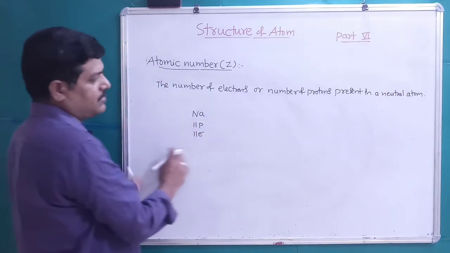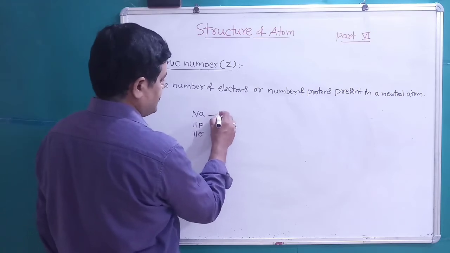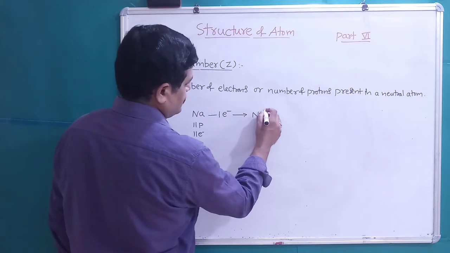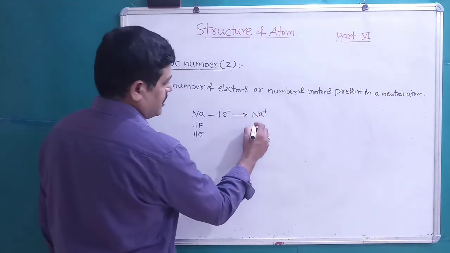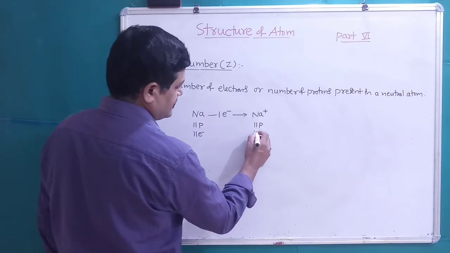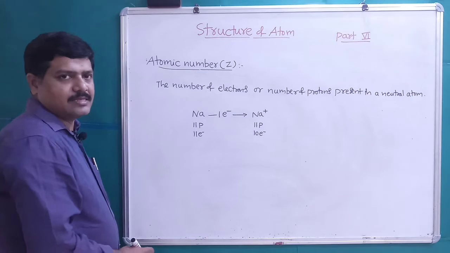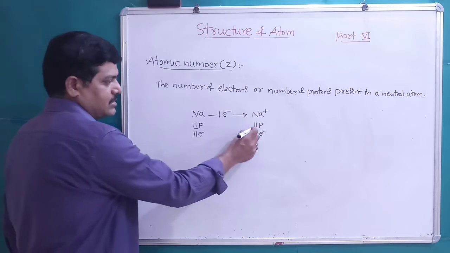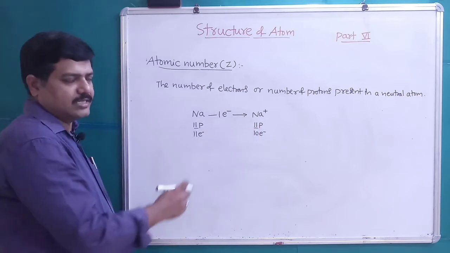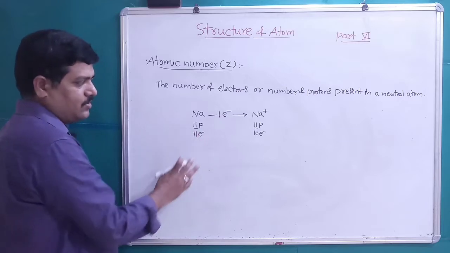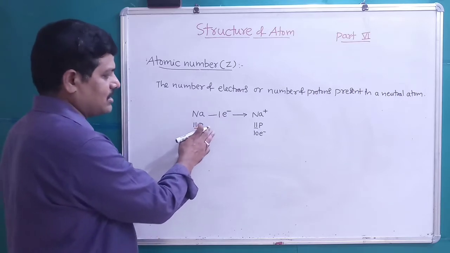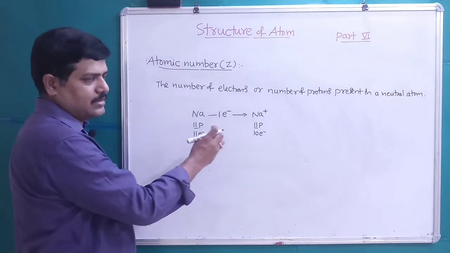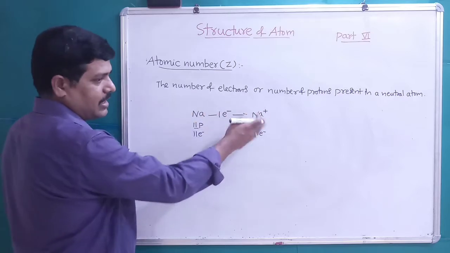But if one electron is lost by the sodium atom, which gives Na+, a cation, the number of protons is 11 and the number of electrons is 10. So in this case, it is generally better to take the atomic number as the number of protons. The number of protons generally doesn't change in any reaction unless it is a nuclear reaction. So we can always take the number of protons as the atomic number, whether it is a neutral atom or an ion.